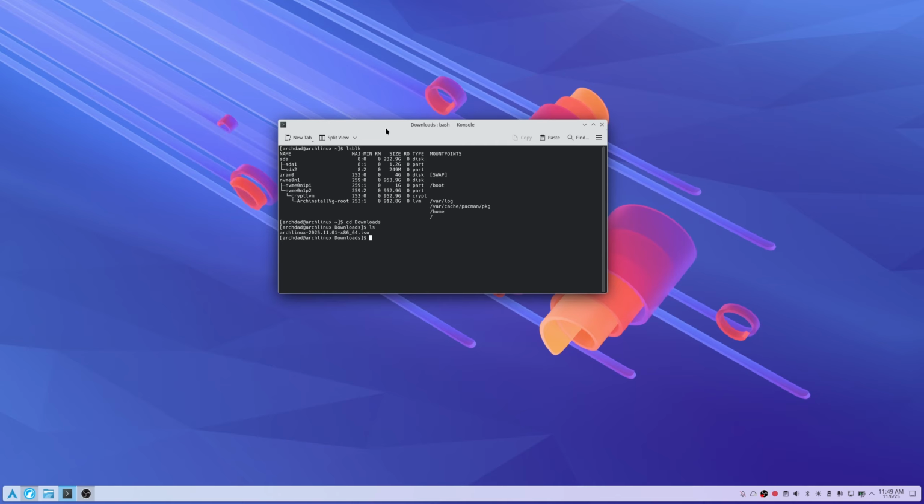So when you're ready, once everything is backed up as you want it to be, and you're sure that there's nothing on that USB stick that you need to write to, enter the following: sudo dd bs equals 4M, then if equals, and now you have to put in the path to this ISO file. So mine is in my home directory /downloads. So it's going to be /home/archdad/downloads, and then that full file name,